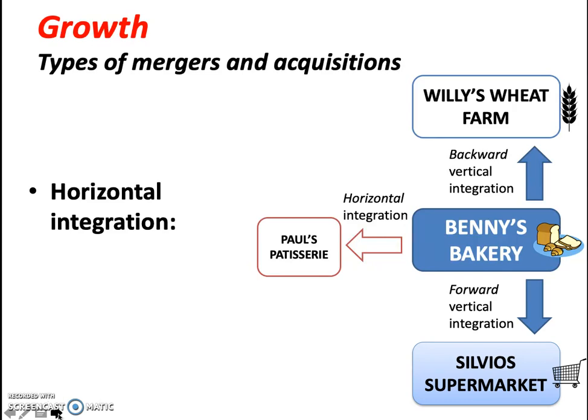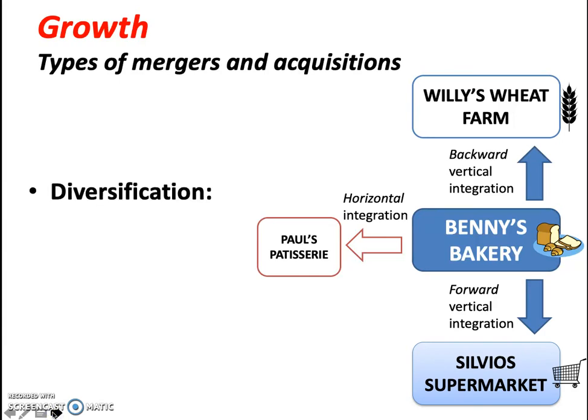So some of you might be sitting there going, what is a patisserie? All right, probably Charlie Youlden. Now, a patisserie is something that sells high-end bakery items, kind of like your croissants and the like. So it's a bit different to just the bread that we're making over here. Now, horizontal integration assures that, once again, Benny can increase his business through the notion of merger and acquisition, and buying Paul's Patisserie means he's still in the same space, still using his same knowledge on how to make bread and wheat-related products, but he's just extending his market share and how many products he can sell.